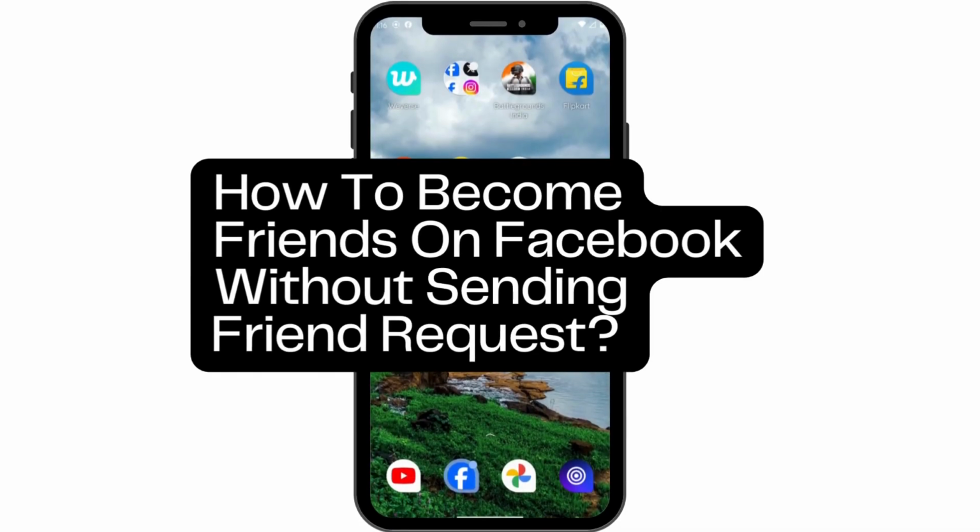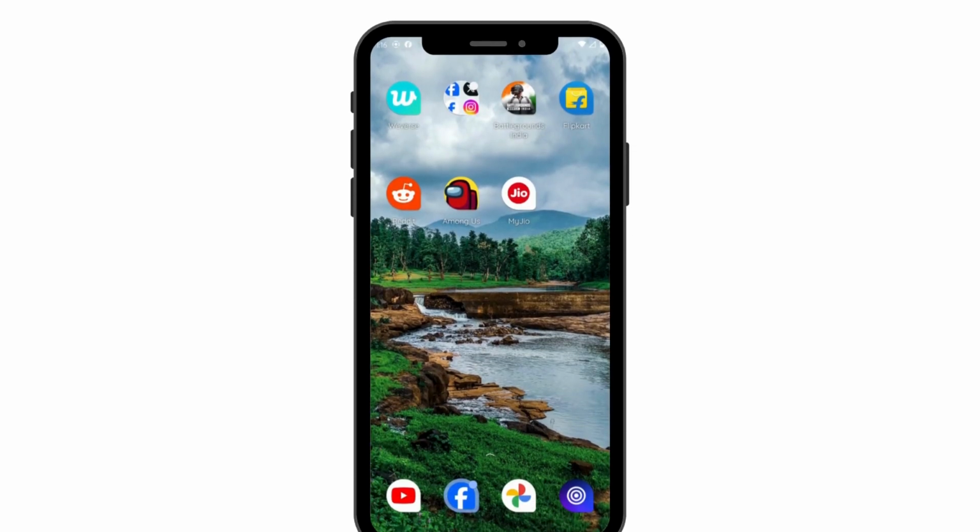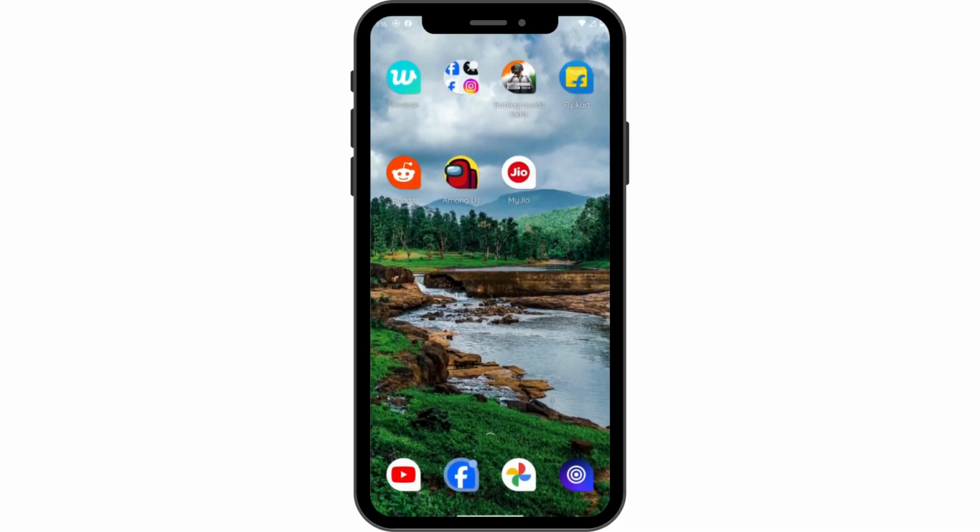How to become friends on Facebook without sending a friend request. If you don't want to send a friend request and you want to be friends with someone, then